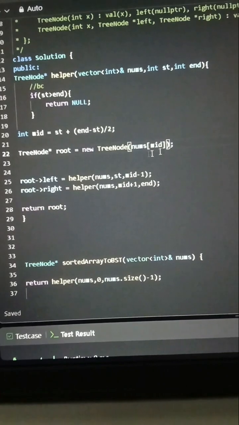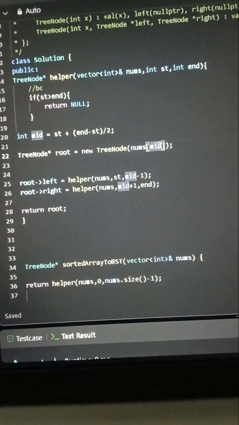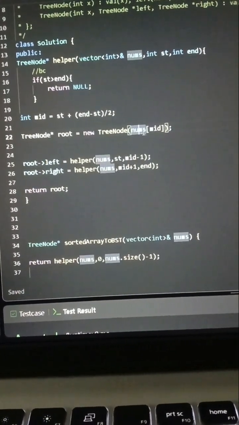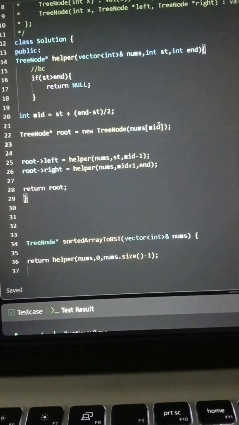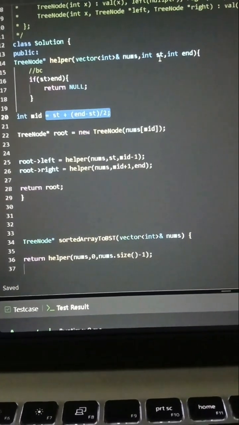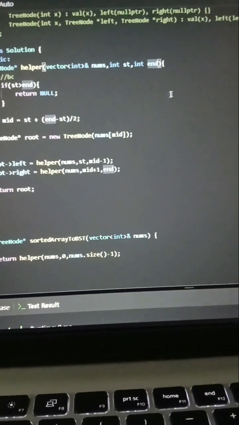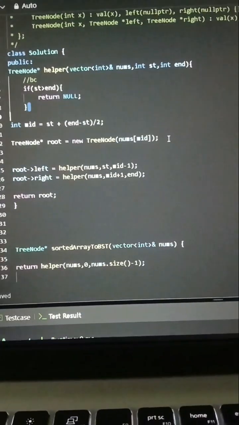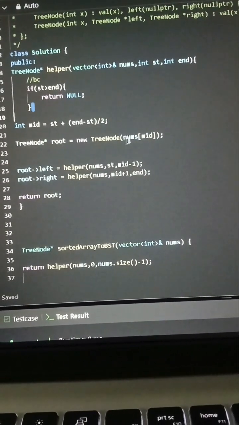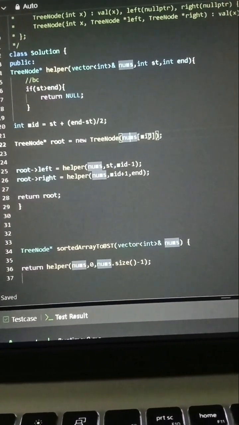It means we are running the mid pointer in this array and finding the mid by this formula, by putting this start and end. First we put start at the extreme left side and end at the extreme right side. Then we calculated this mid, and by this mid we have calculated the value of nums at the mid index,